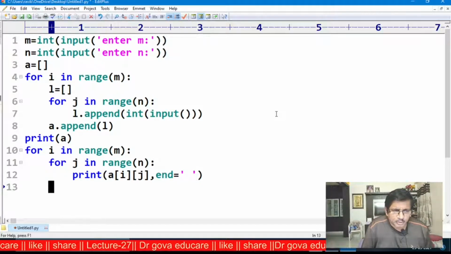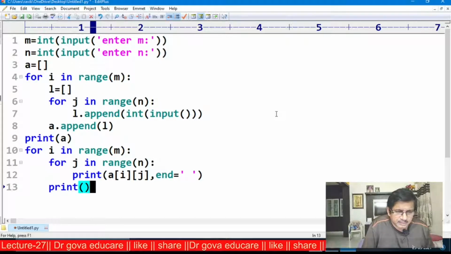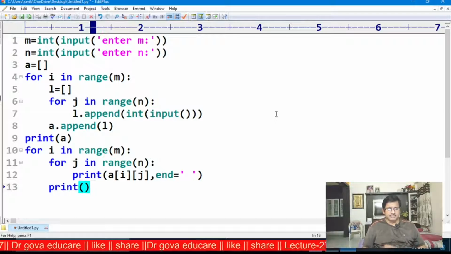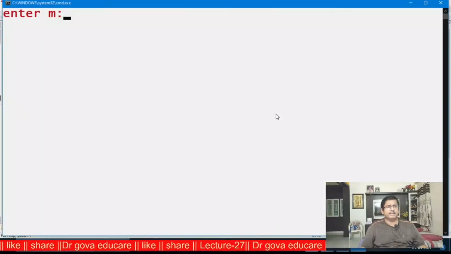After printing the first row, the control goes to the new line. Now I am executing this.